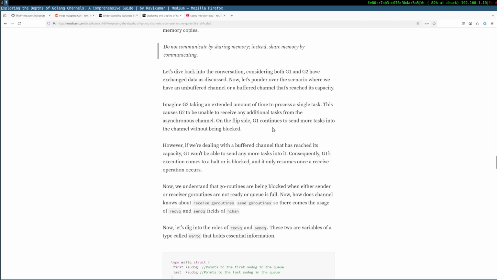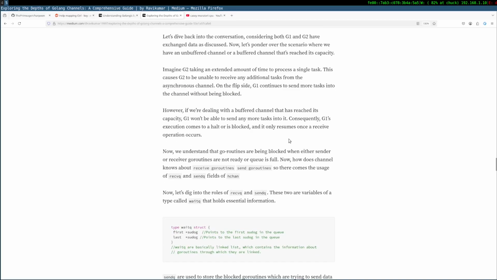On the flip side, G1 continues to send more tasks into the channel without being blocked. However, if we are dealing with a buffered channel that has reached its capacity, G1 won't be able to send any more tasks into it. Consequently, G1 execution comes to a halt, or it's blocked, and it only resumes once a receive operation occurs.